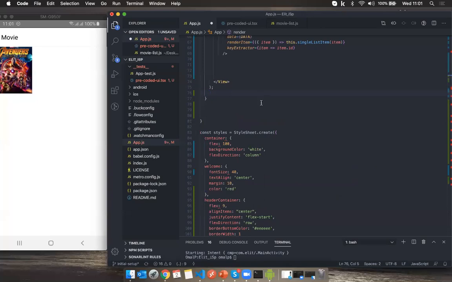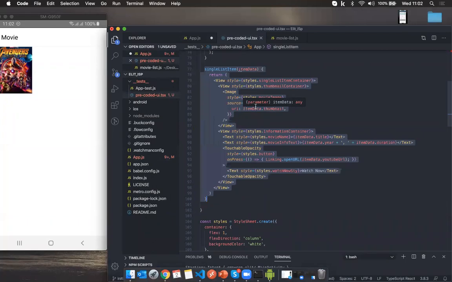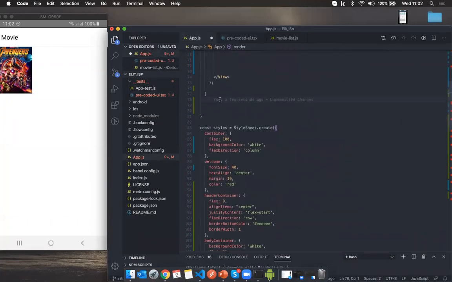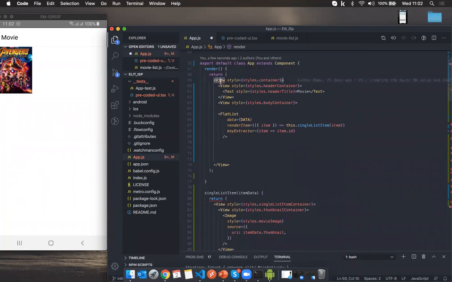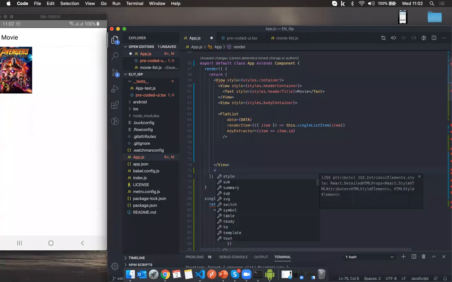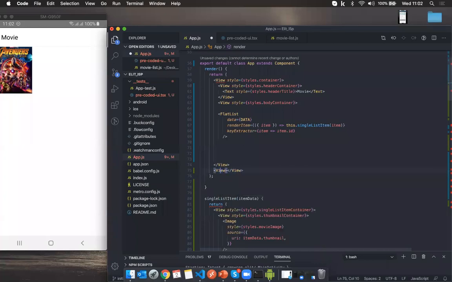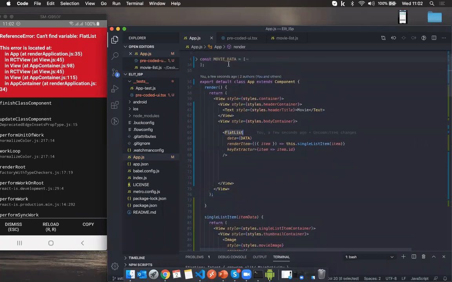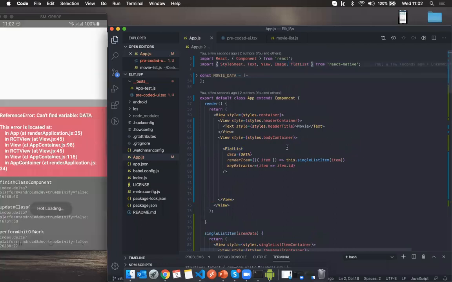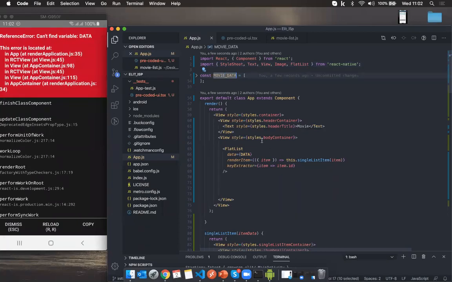So I missed something. Okay, we should import FlatList and provide the list of data to FlatList.